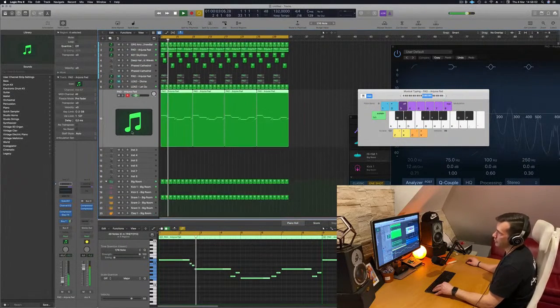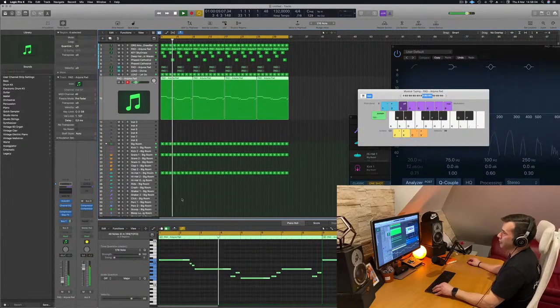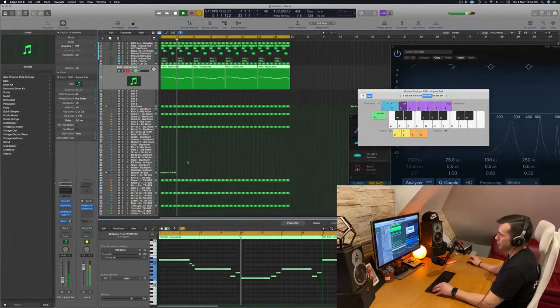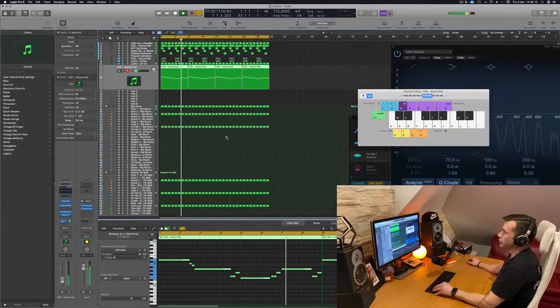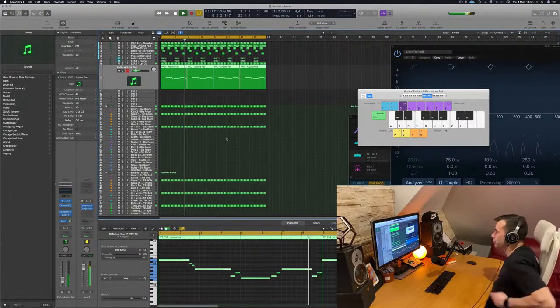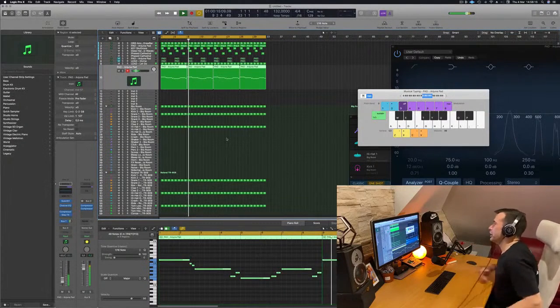And all this, guys, using only Sylenth 1 and of course Logic Pro X plugins. I think we're onto something, guys. I think this is gonna be worth the template on the site wemakemusic.com, and this is gonna be it for